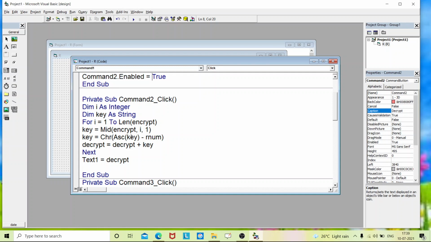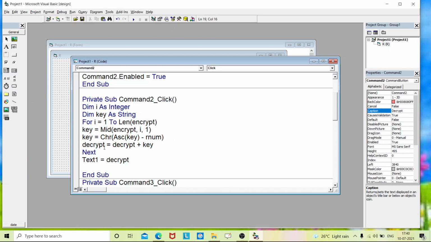So here 65 gets stored and it will be converted to the character with the help of the CHR function. So the 65 corresponding character is capital A. So key = capital A. It will be added to the decrypt variable.